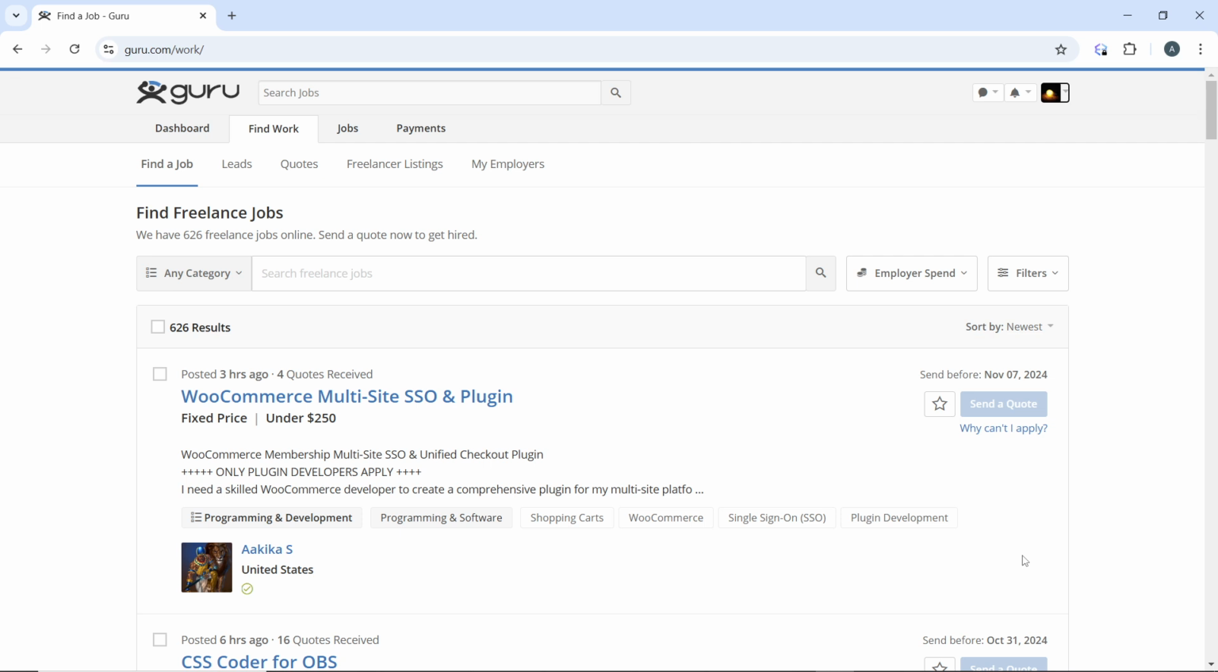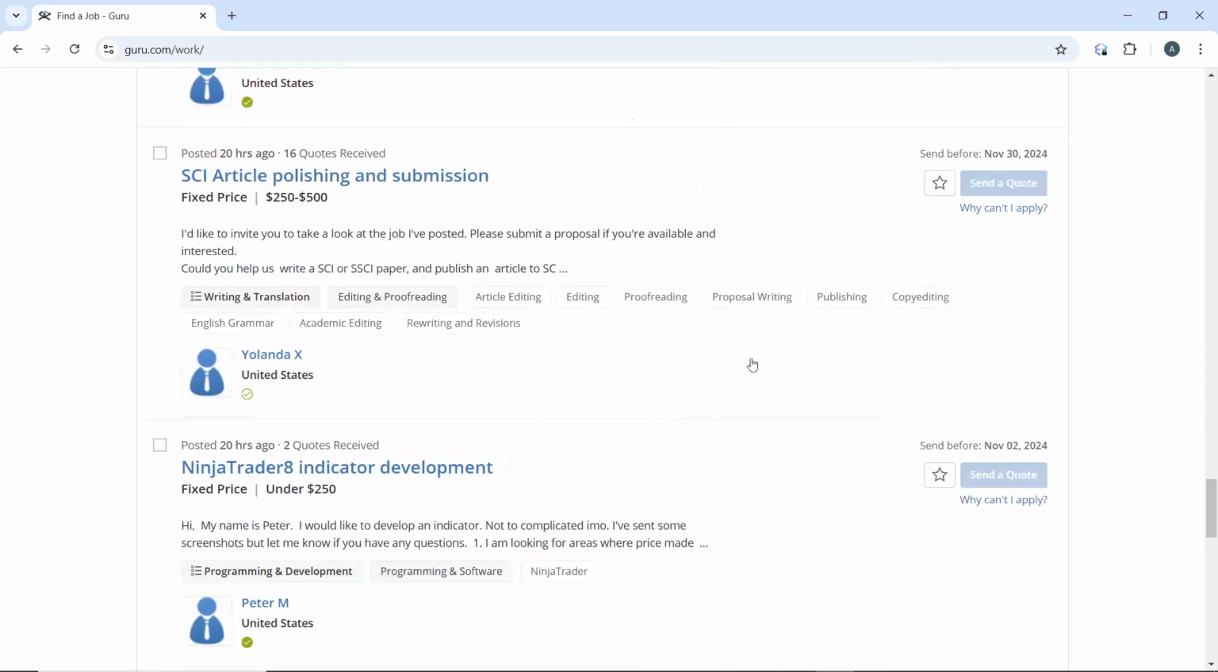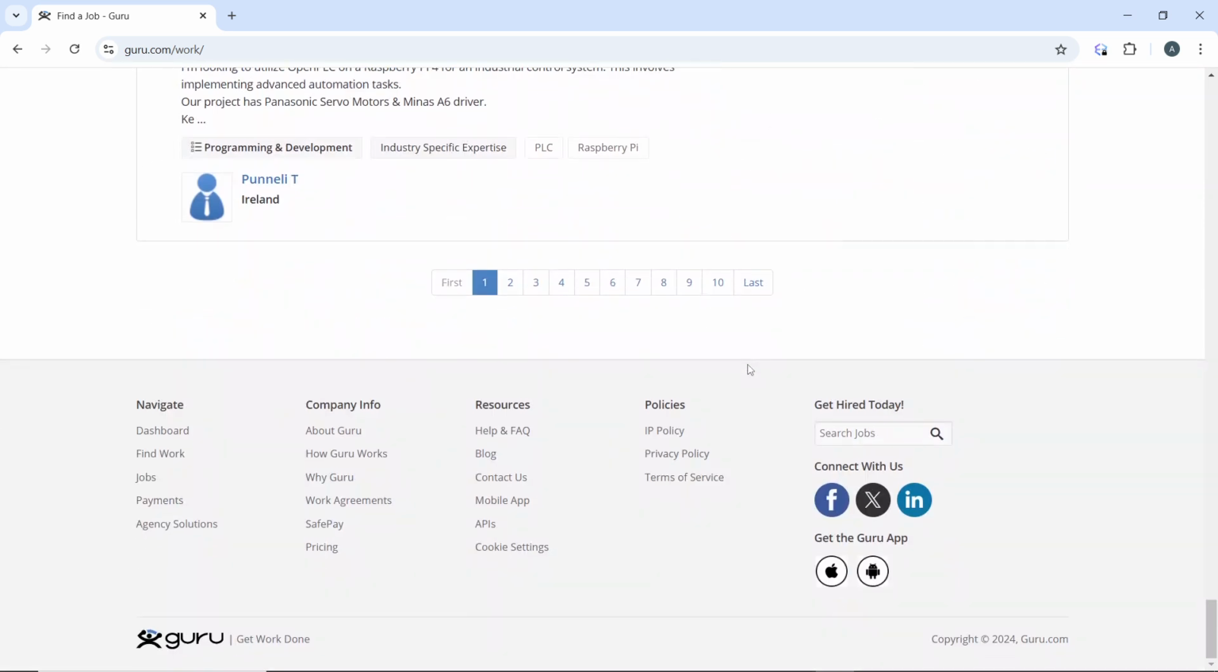Once logged in, go ahead and locate the help or support section. Now, this is usually found by clicking on your profile icon, which is at the top right corner of your screen. Okay, you go to your profile icon, or it's usually found at the footer, that is at the footer